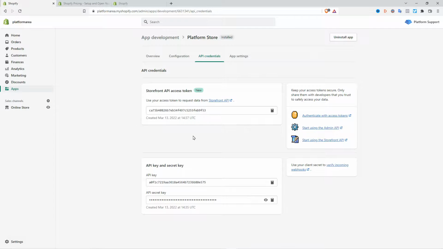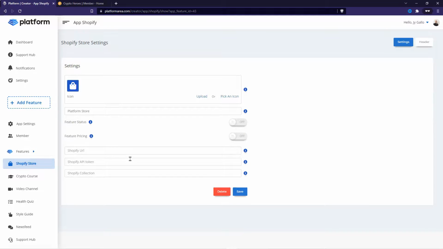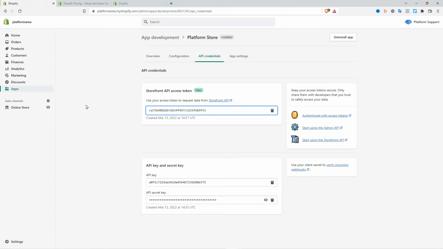Okay, great. So now Shopify produced an API key for me. And this is what Platform was requesting as well. So I'm going to go ahead and click this button. This will copy it. So it says copy to clipboard. I'm going to go back to Platform, and I'm going to paste that in this spot here. And then I'm going to go back to Shopify,